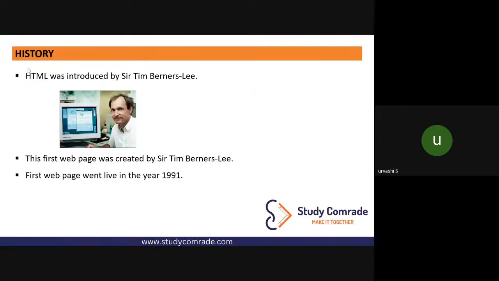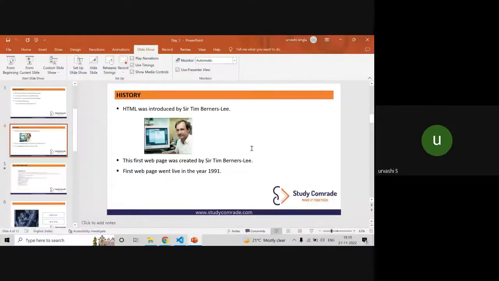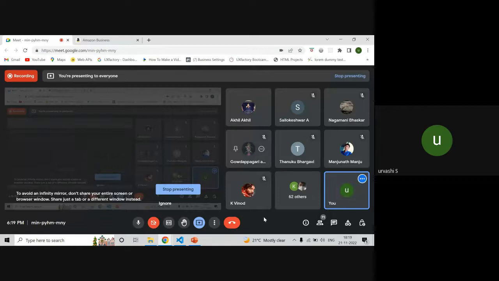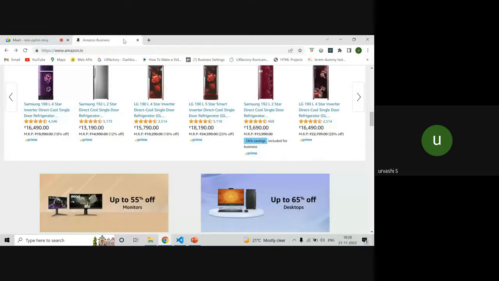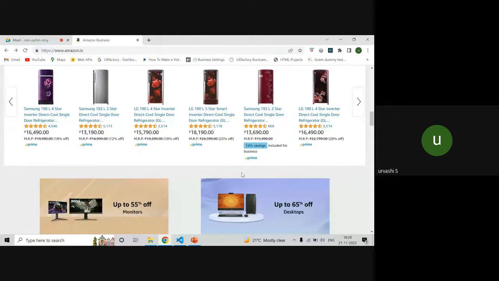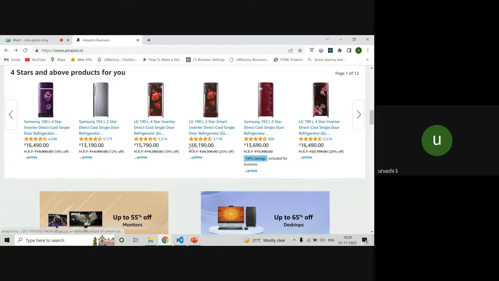Madam, we can also create all this using other languages, no? No, you can only put this content using HTML. If you go to advanced technologies like React.js or Vue.js, there is a term called JSX, and in that also we write HTML at the end of the day. If you have to include a heading, you can put it using HTML only. There is no other technology. All your advanced technologies are based on HTML, CSS, and JavaScript.